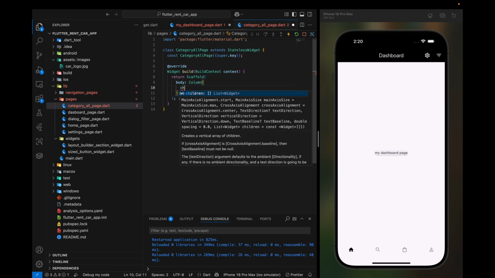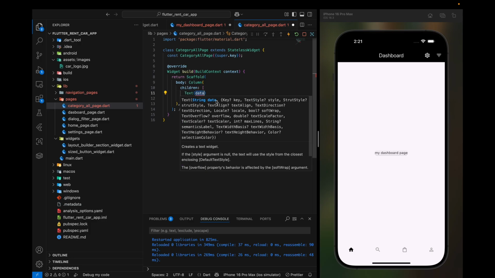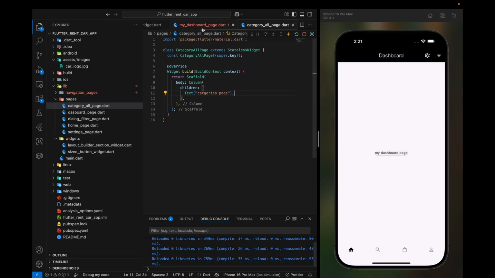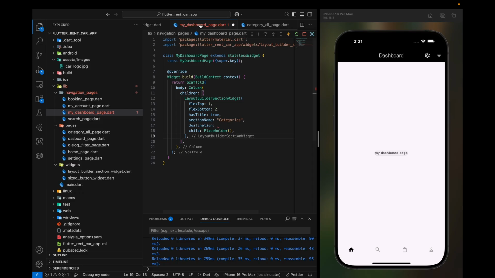And for the children, let's add a text widget, and this will be categories page. So save everything. Let's copy the name of our widget right here, paste it here, add your parentheses, make sure you import this class,